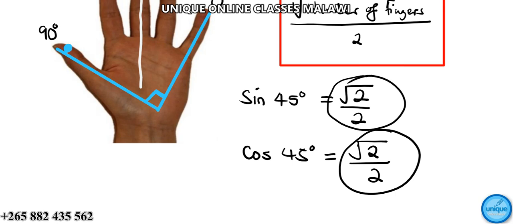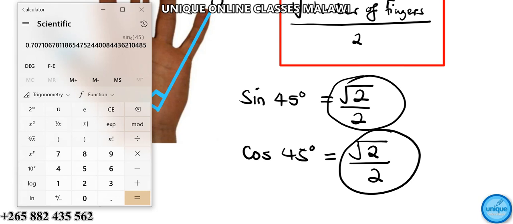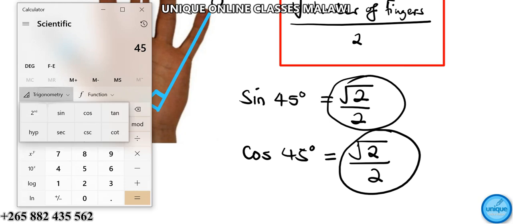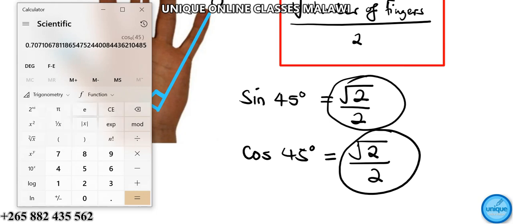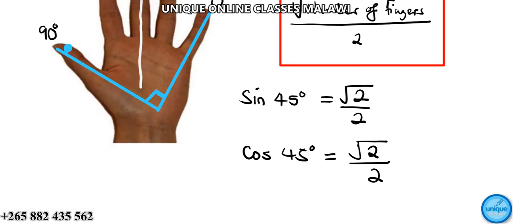You can prove it with a calculator. We type cos 45. So we just write 45, then cos. You see, that's the answer. But if you calculate root 2 divided by 2, the answer comes out 0.7071. You see, something like this. So this is how you can do these things. We are done with 45. Let's now do